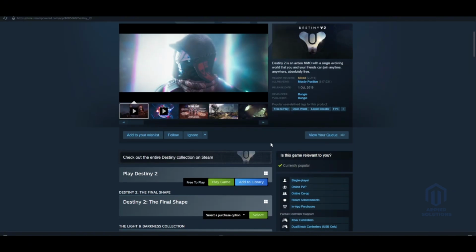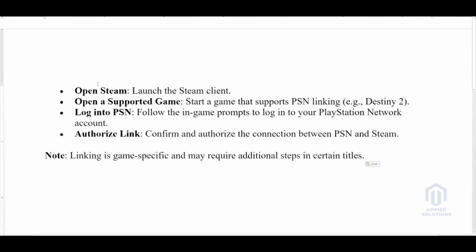So all you have to do is to follow these simple steps. Open up the Steam and launch the Steam client, then start a game that's post PSN linking, which is Destiny 2, and follow the in-game prompts to log into your PlayStation Network account. Authorize link, confirm and authorize the connection between PSN and Steam, and linking is in-game specific and may require additional steps